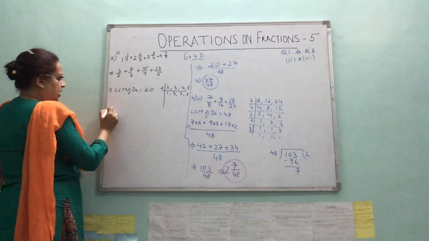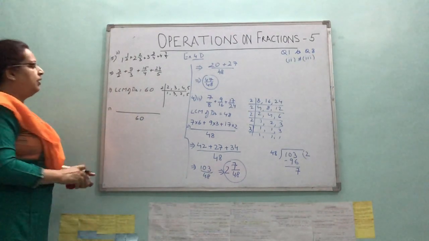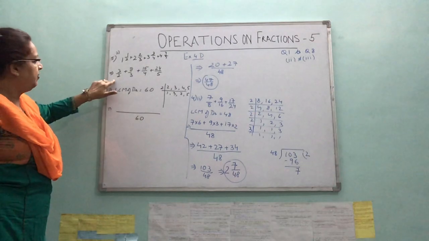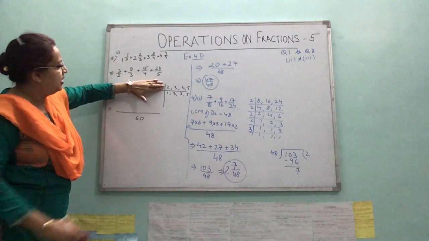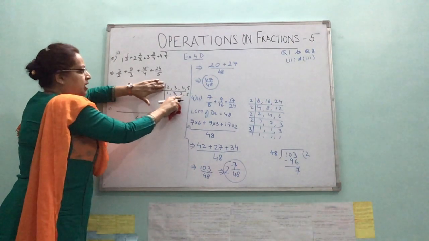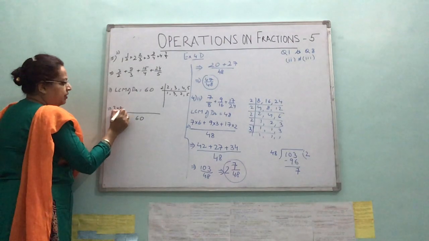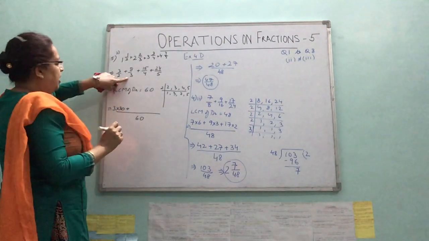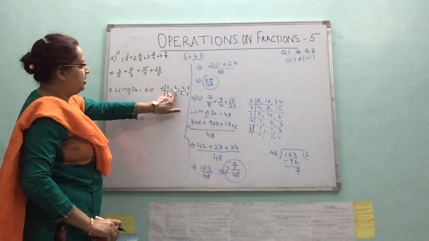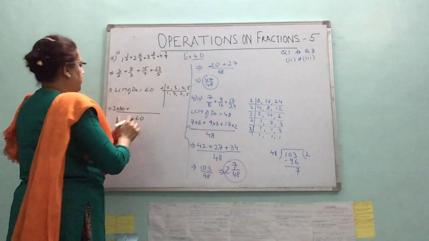Yes. Okay. So my common denominator is 60. Now, 2 goes how many times? Children, if you find difficulty, cover this factor and find the product of the remaining factors. 5 into 2 is 10, 10 into 3 is 30. So multiply 3 by 30. Plus, 3 goes how many times? 20 times. But if you have any difficulty, cover 3. So 2, 5 into 2 into 2, 20.